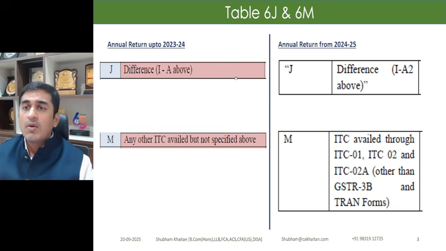But now, this table is going to differentiate from A2. What is A2? In the last slide, we have discussed that we are going to remove the effect of 23-24